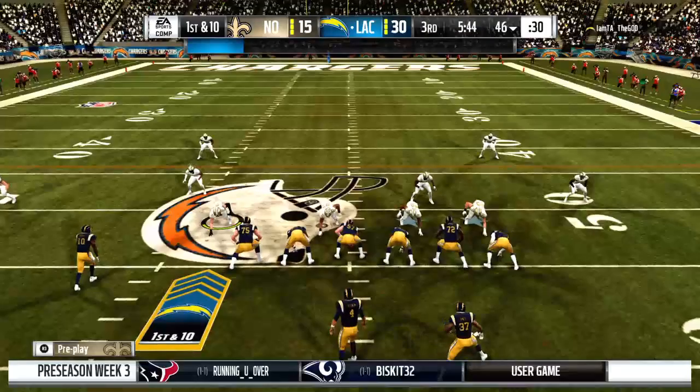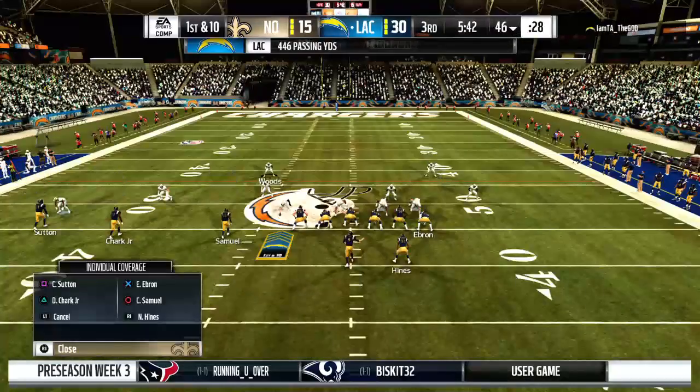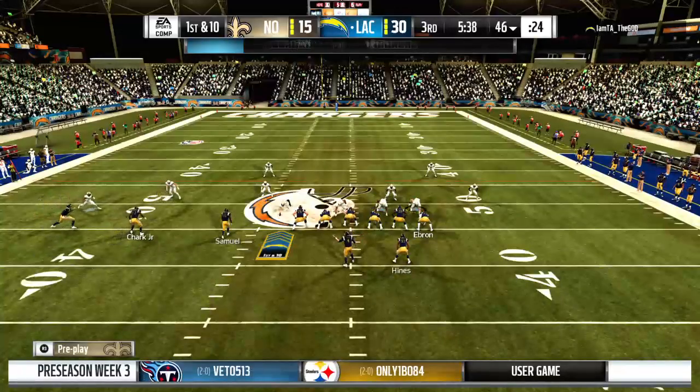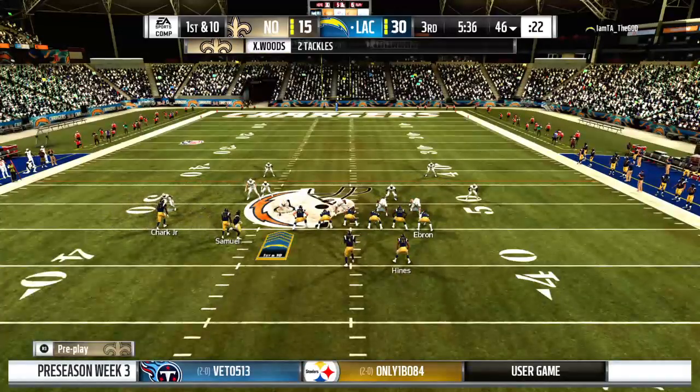For first and 10. Hey, we're good, we're good. Hey, orange, orange. Orange, orange. Hey, go, Roger. Take